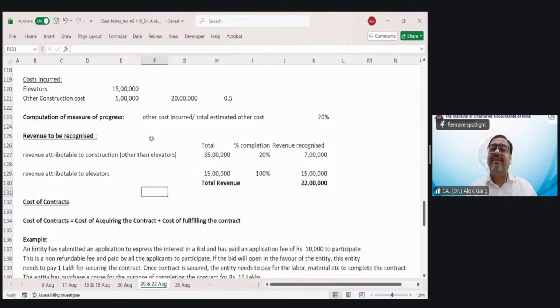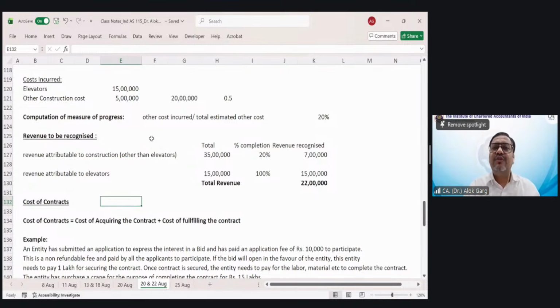So my dear friends, if there is a sunk cost, what is meant by sunk cost? Means, for example, you want a government contract and you have deposited a bid application fee or tender application fee of 1 lakh rupee. Doesn't matter whether you get the contract or you don't, this 1 lakh rupee has gone. So will you charge this 1 lakh rupee immediately in P&L, or will you debit contract asset with 1 lakh rupee and charge to P&L when you get the contract? What will you do? You have to charge to P&L. You are absolutely right, Manish. You have to charge to the P&L.